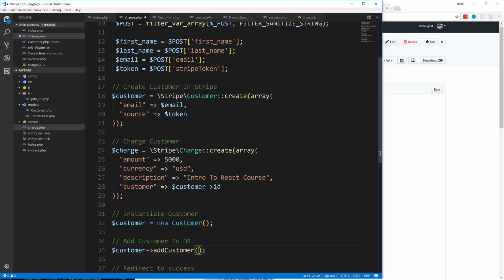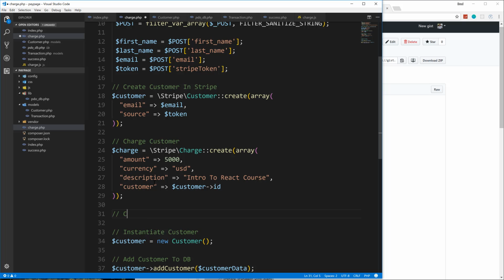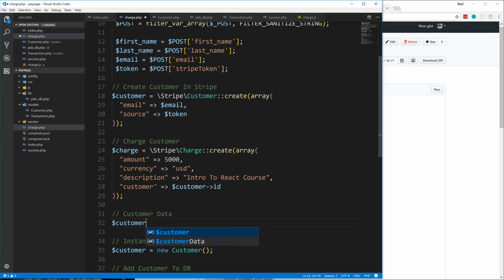Now we want to put in here our customer data, which we haven't created yet. So let's do that. I'm actually going to do that up here. So we'll say customer data. So it'll be a variable called customer data. We'll set it to an array,